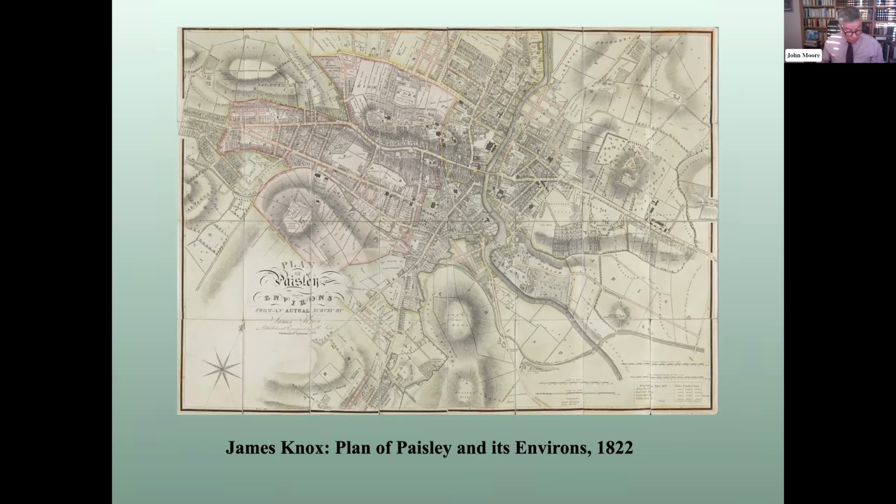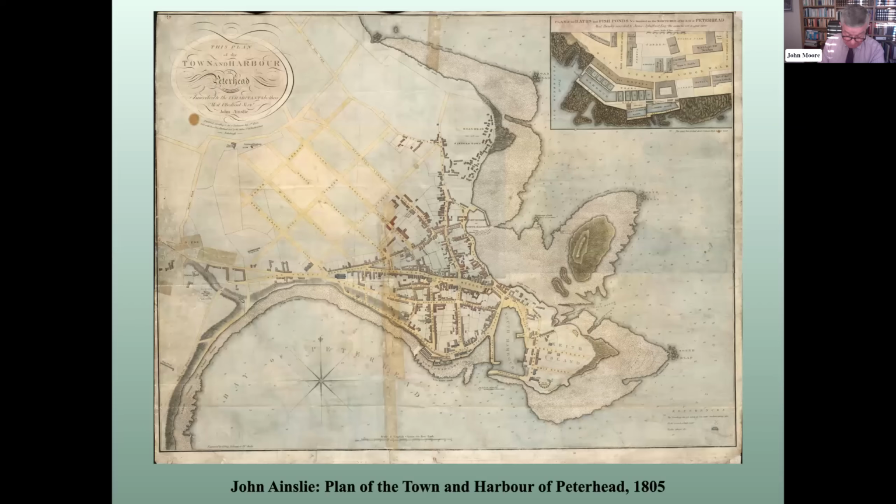My final comment on Wood's Scottish work is to draw attention to the signal omission of plans of both the sizable market town of Falkirk and the fishing port of Peterhead in his corpus of work. Both had considerably larger populations than either Duns or Melrose, both of which Wood had mapped. But in the case of Peterhead, Scotland's leading cartographer of the day, John Ainslie, had produced this excellent plan in 1805. And it is clear that quality urban mapping was not the sole preserve of one man.